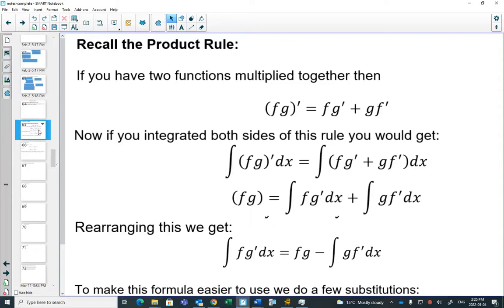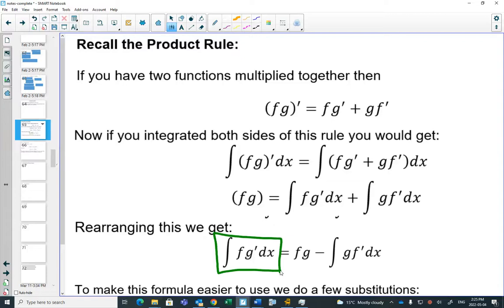Now, in integration by parts, what we do is we rearrange this. We bring the fg prime by itself on one side, and we move the other integral to the other side. And so what we're going to be looking for